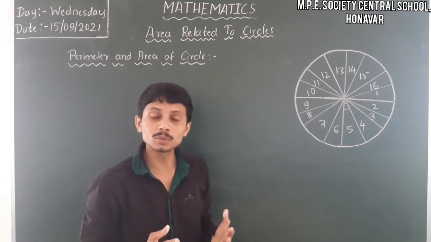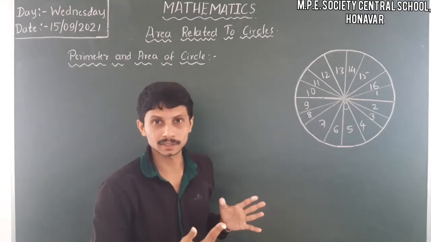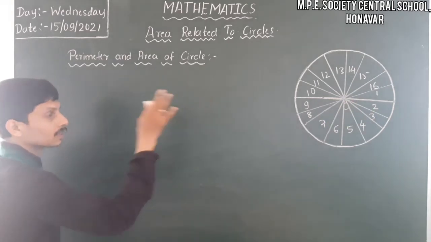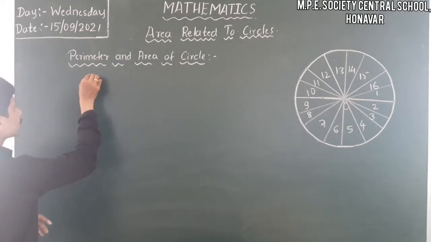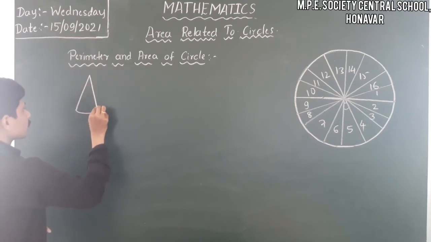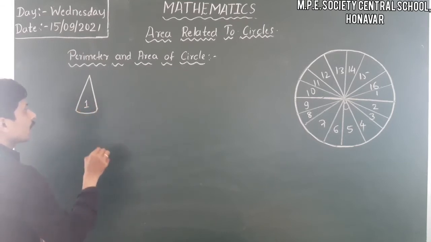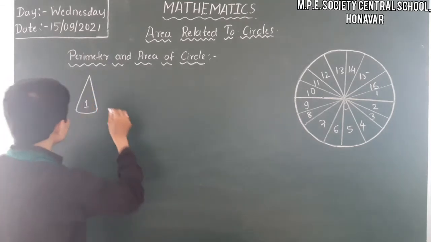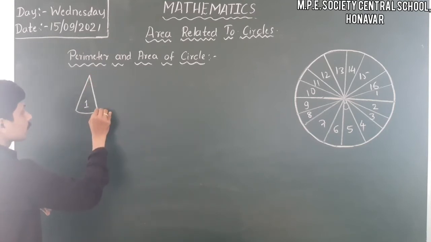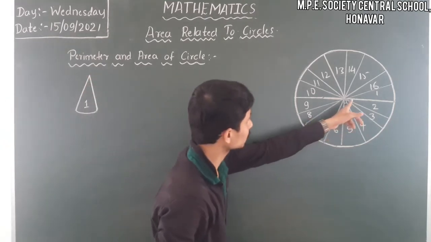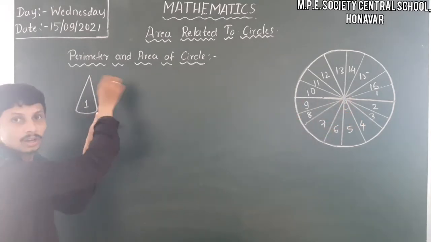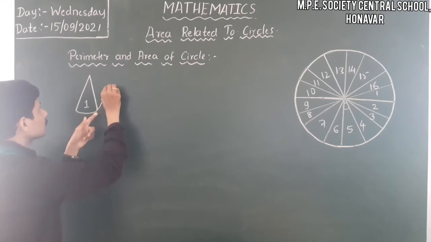Then what we have to do is arrange them one after the other. Firstly I will take the first piece of the circle and place it here like this. So this is the first piece, and then I will arrange the second one. I will take the second one and arrange it upside down, taking the pointed part here and the longer part here. Likewise I am placing the second one.